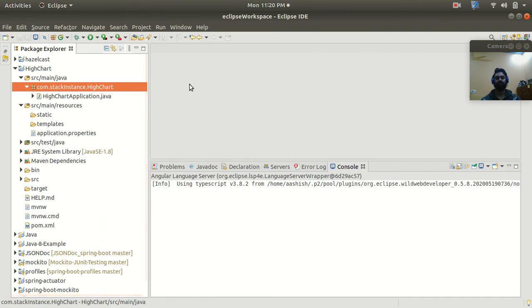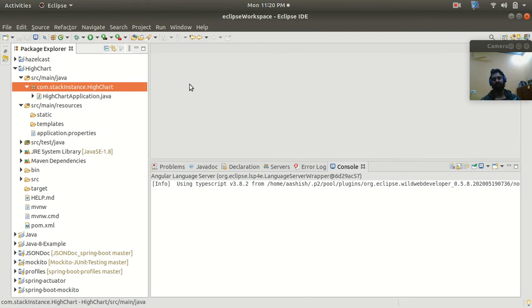So now here we are going to generate one index HTML file, and the index HTML file contains the two titles. The first will be the bar chart, and second will be the pie chart. So let's say that as I click the bar chart, then it will generate one bar chart. And let's say that as I click the pie chart, then it is going to create a pie chart, right?